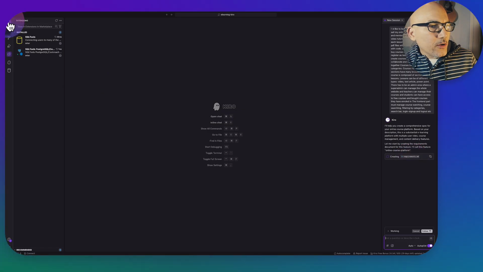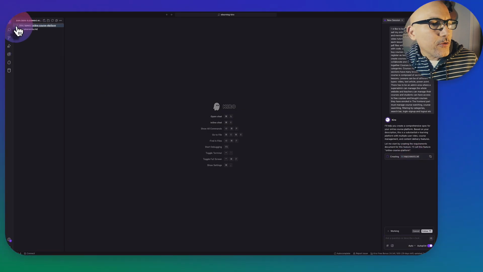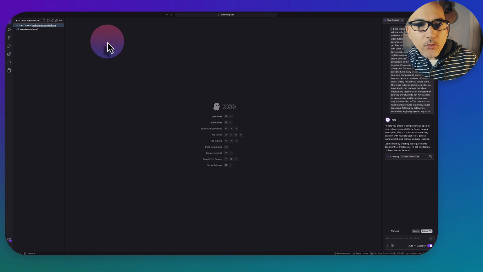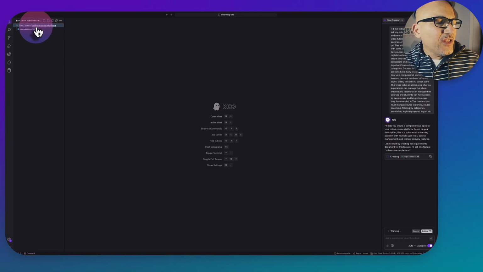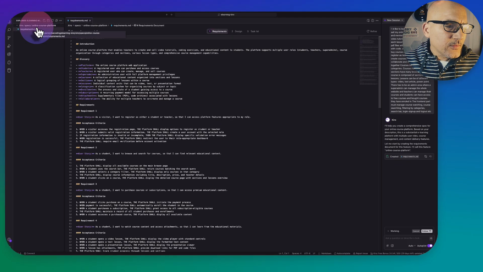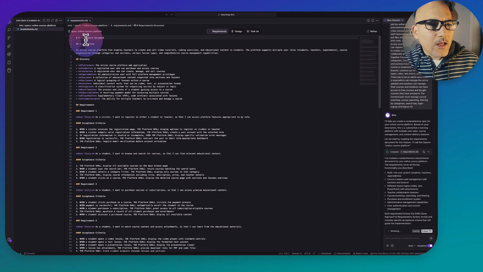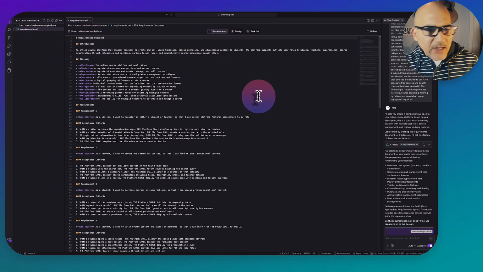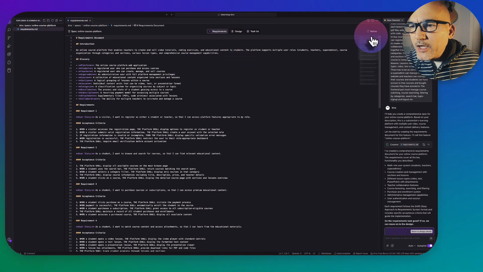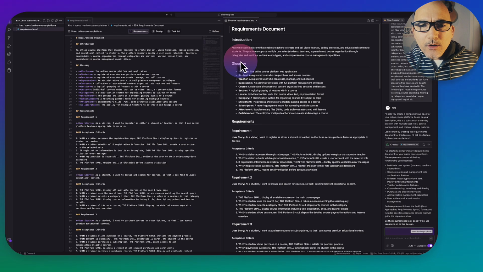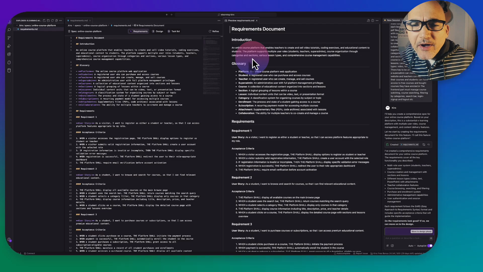So it's gonna create here on the left panel, you can see that it created a .kiro folder inside specs, because we chose to go with the specs, and then the name of the project. Okay, and you can see here that we have the requirements.md. So let's take a look at what it created. We can click here on the top right corner icon to preview the requirements file, and you can see